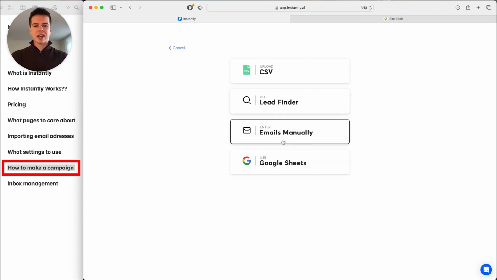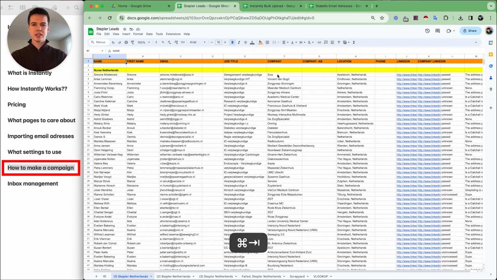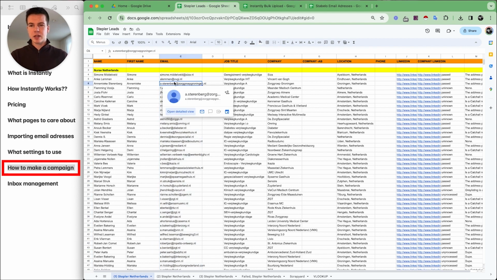There are 4 different ways of adding leads. I would recommend just uploading a CSV file. That's what I always do. It's the best, simplest, fastest option. To import a CSV file of leads, well, you're going to need a spreadsheet of leads, kind of like this. If we highlight this column, you can see down here that it has 7,000 leads in it. If you want to learn how to get cheap leads like this, then watch the video in my bio on